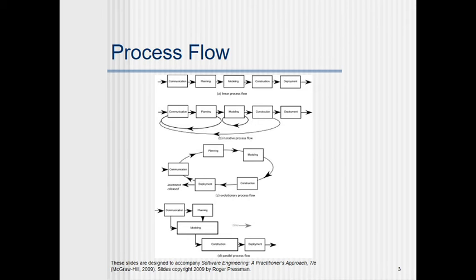We already know programming features, so we know what a loop is and how things go in a cycling manner. And another is the evolutionary process flow. In the evolutionary process flow, it is completely circular. That is, we have to complete one circle after another. Each time we complete one circle, it will produce, for example, the first version of a product. Then in the next cycle it will produce the next version of the product.